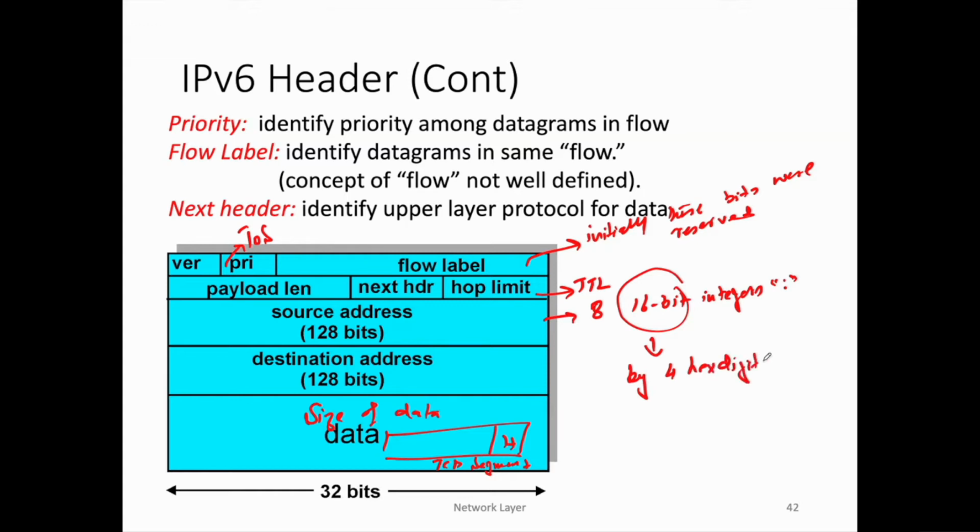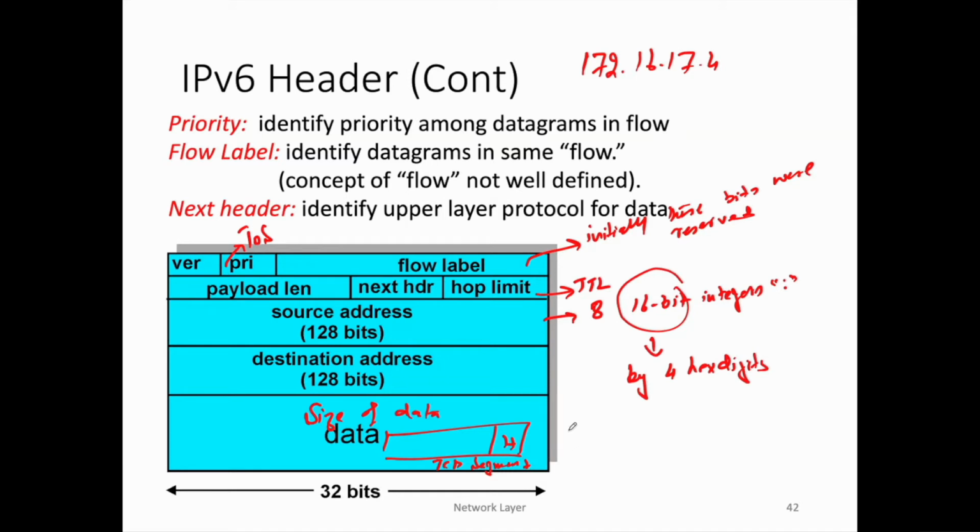So we know that the IP version 4 address is a dotted decimal number such as 172.16.17.4, right? But when we talk about an IP version 6 address, it is basically 8 16-bit integers where each of these 16-bit integers is represented by 4 hexadecimal digits such as, let's